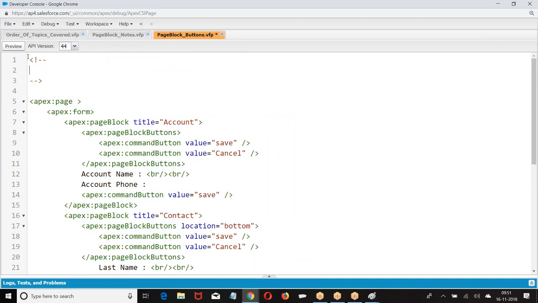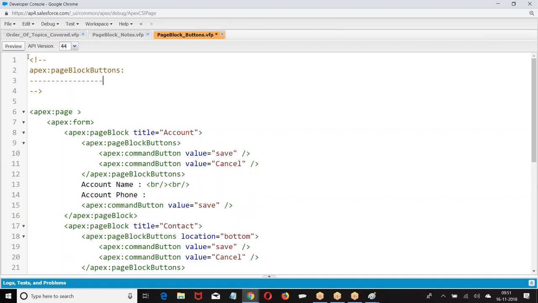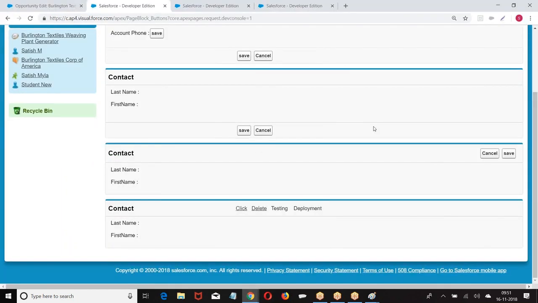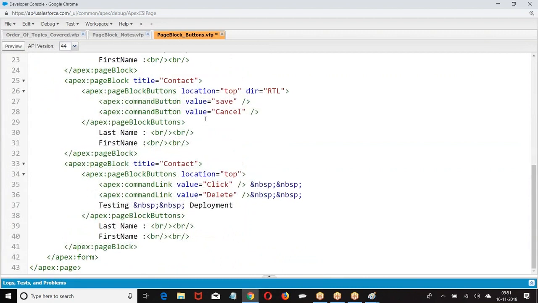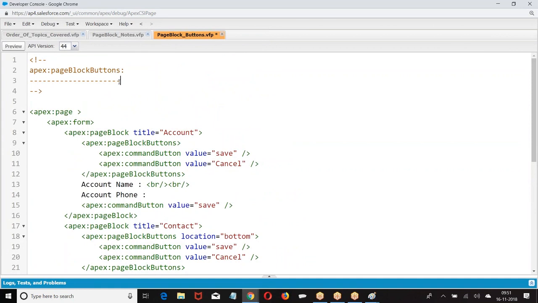Satish, the buttons are displayed on the right side corner, correct? In the third block of contact. But you have given R to L in the second contact page block, right? Which is left, which is right, boss? First, you asked a question. Which is left? Left to right. Left is the contact one. Right side is this. When I give RTL, obviously where the buttons will be displayed, this is the right only, no? Right. So third you have given L to R or R to L, can you show me the code once? R to L. Okay. It's good.